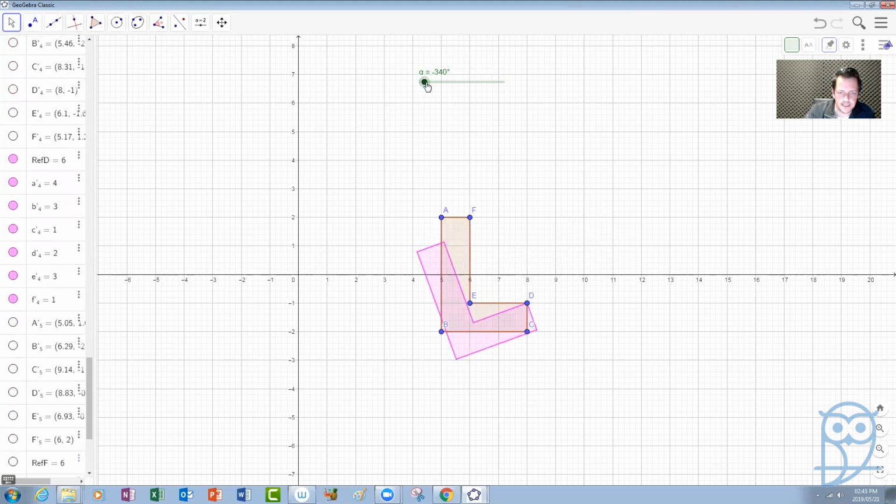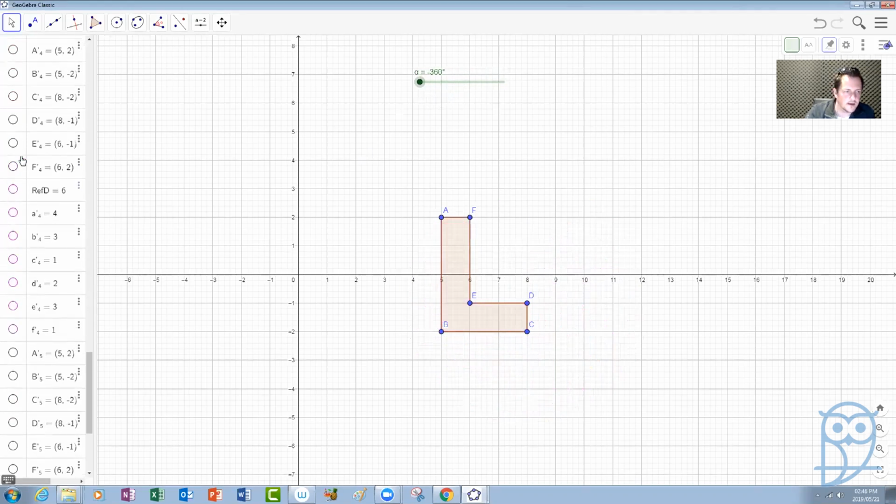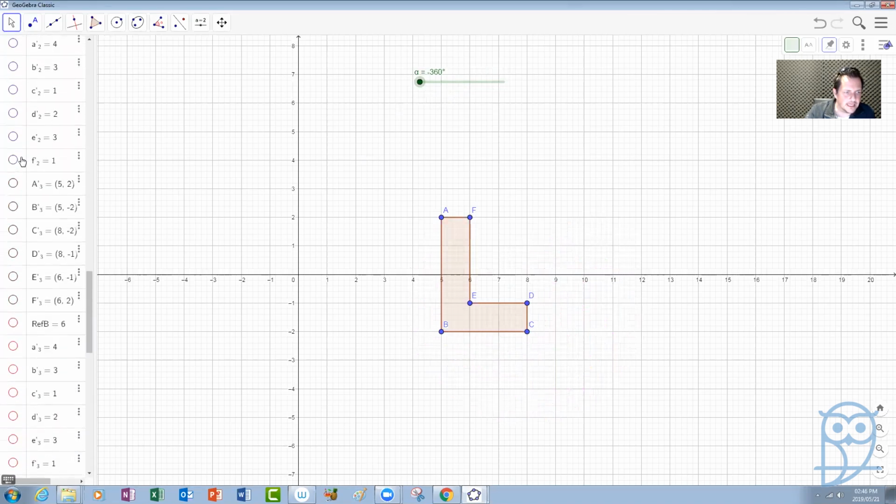All right, so D, there's D. You can see again, very different. So 90 is now all the way up there. That's 180. That's 270. And there it goes around the original again. If we have a look at point E,